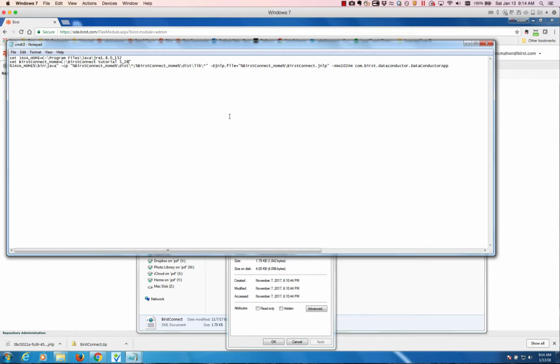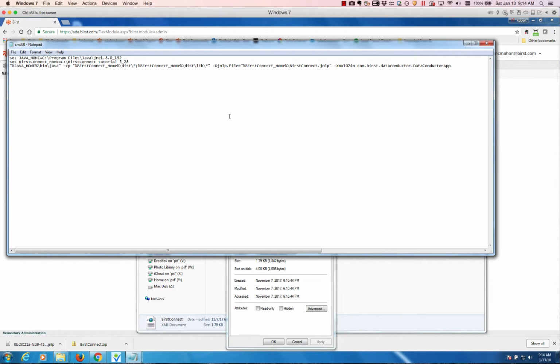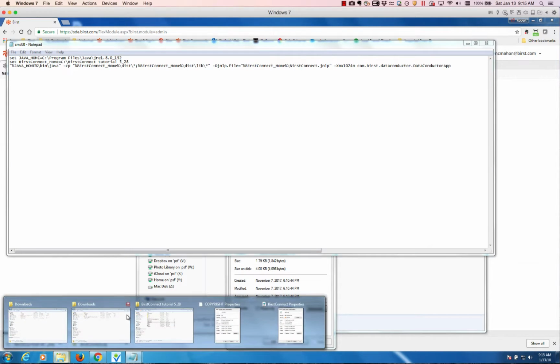Okay, and actually that should be like that. Okay, and then our next step is to update the location for this JNLP file. If we look at what it's looking for, it's already pointing to Birst Connect Home, right? So that's good, but we need to update the name of it. So let's go ahead and go out to